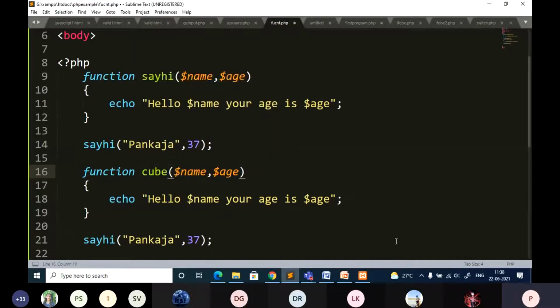Here I want to pass the number for which I am going to find the cube, so that is num, and here I have to write the logic for that. Either directly you can echo the result.